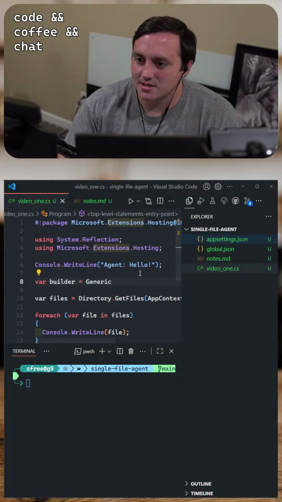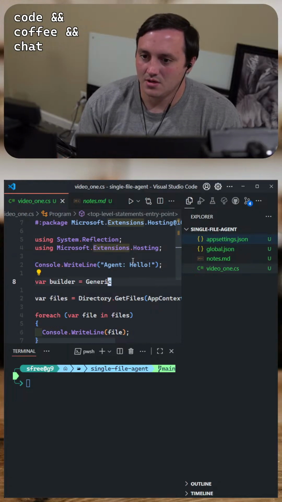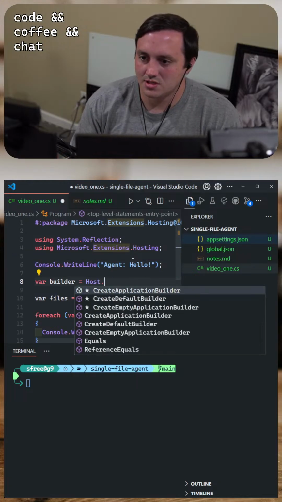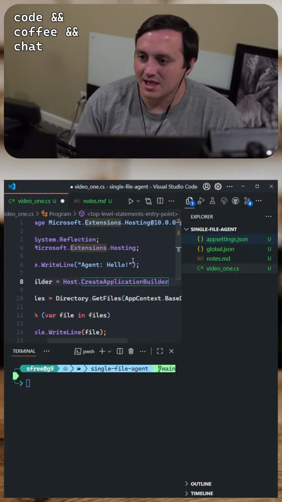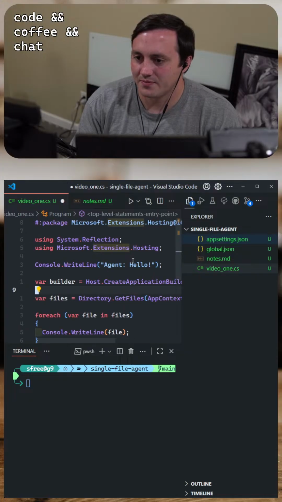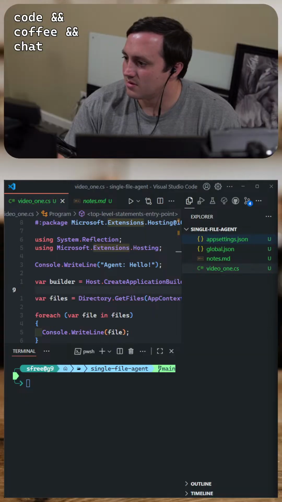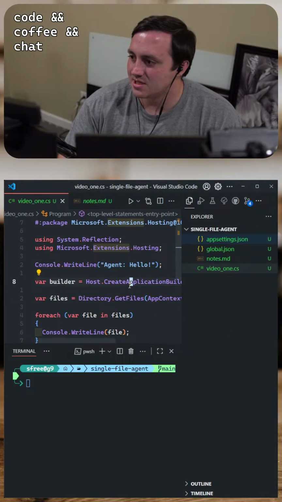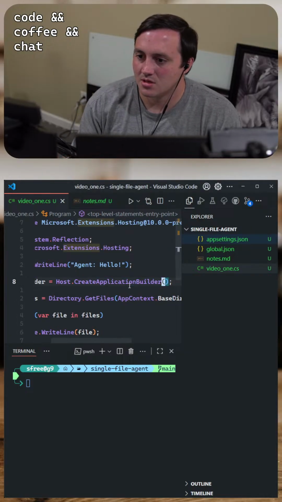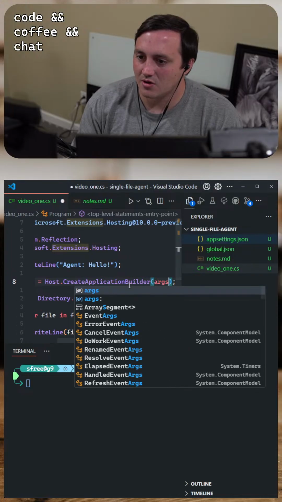It's a static call. So we do Host.CreateApplicationBuilder, maybe? What happens then? Then we could pass in, I think this takes in the args if we want.